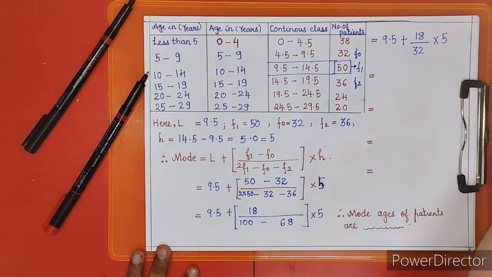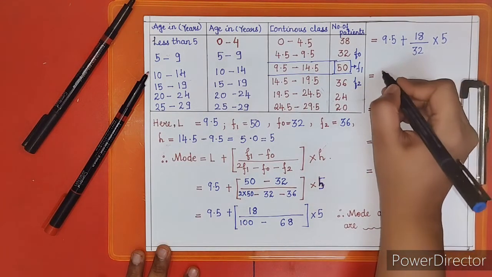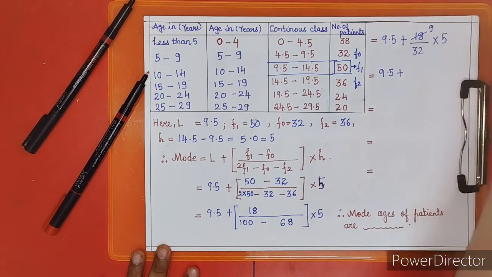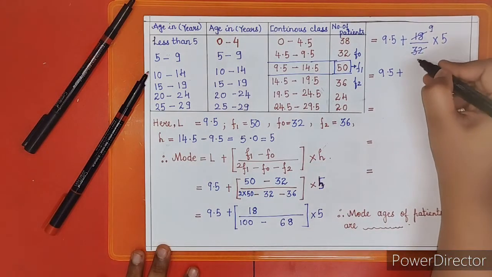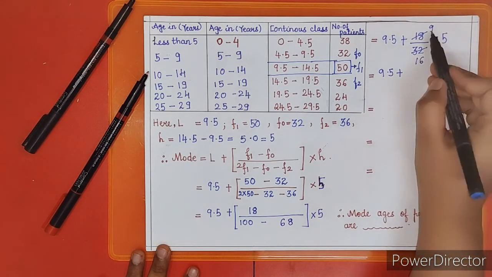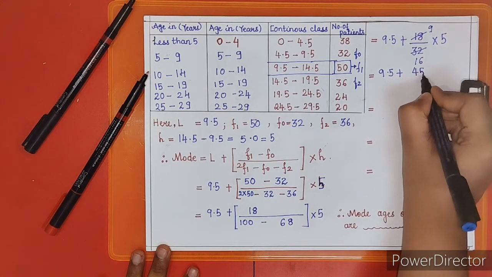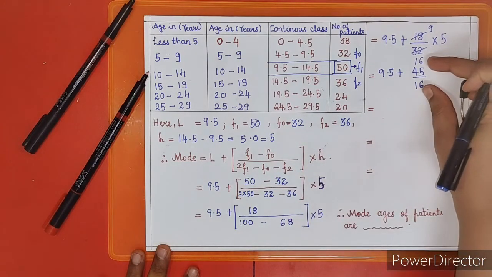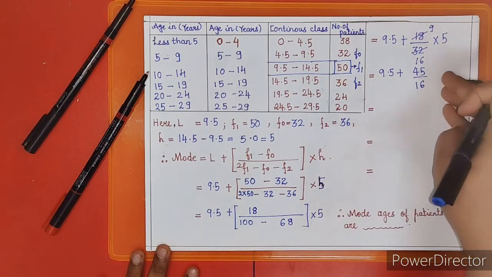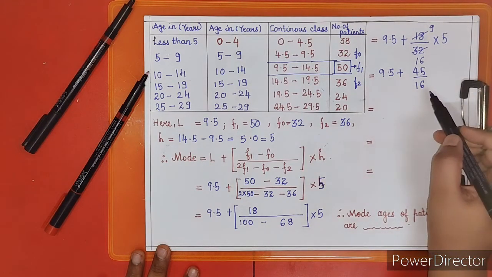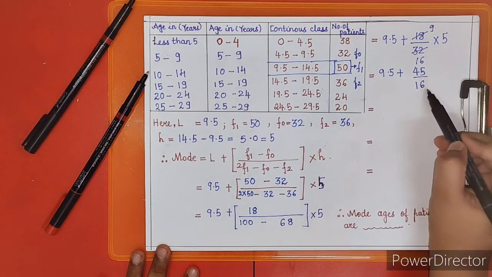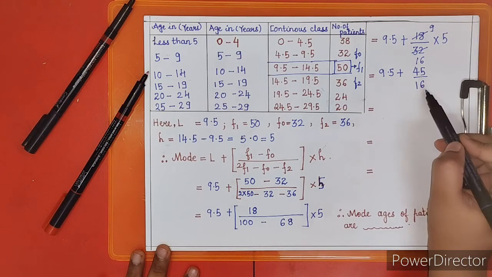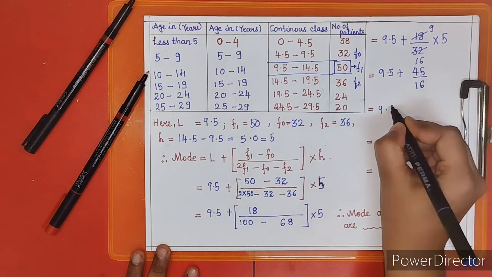As 18 and 32 are divisible by 2, they are even numbers, we'll simplify it by the table of 2. 2 9s are 18 and 2 16s are 32. 9 5s are 45. 45 upon 16. So now in the same way we have to simplify this fraction, and whatever we get we have to add to 9.5. So how to simplify? As 45 is an odd number and 16 is an even number, there is no table where they can be simplified. So directly we will divide 45 by 16. We'll see what division comes.